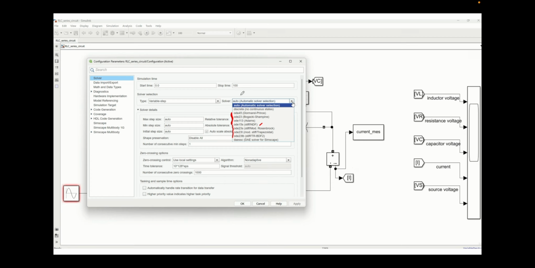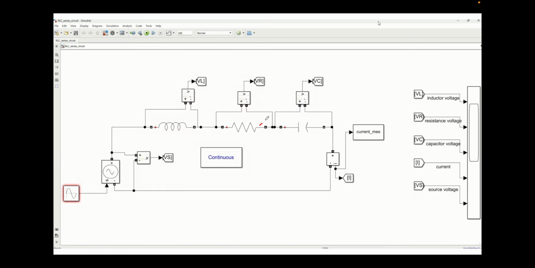In this model, this is basically a Simscape model related to some electrical circuit. Here we are using some inductor, some resistor, some capacitor. Basically, this is a series RLC circuit, in which we are giving some input with a controlled voltage source. Through this, we are doing the simulation. In this type of system, we need a stiff type of solver to solve such problems, and that will give us a better solution. This is all about the solver types and the different stiff and non-stiff type of solvers available in